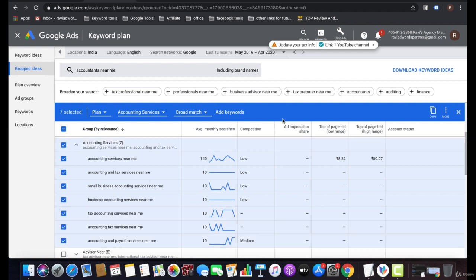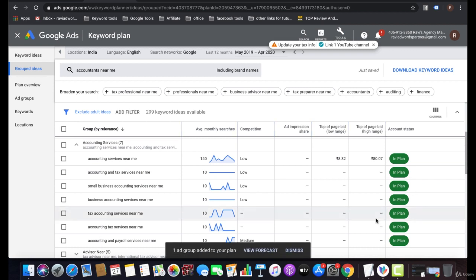Okay, now you can select broad match modifier or phrase match or exact match directly for your ad group as well. Now add keywords, adding your keywords to the ad group.